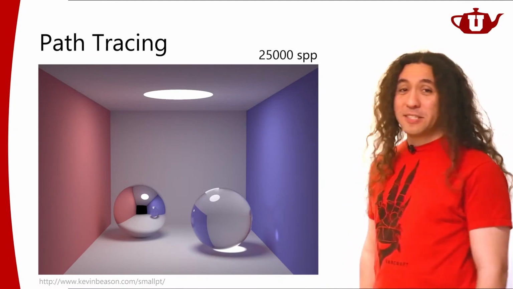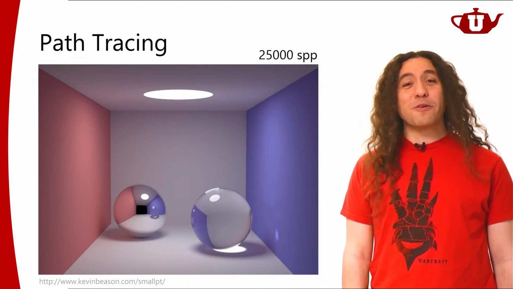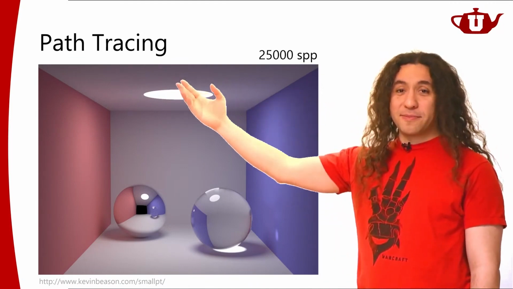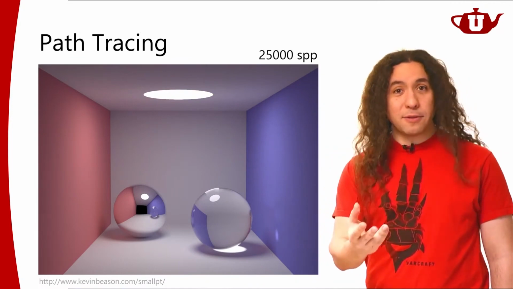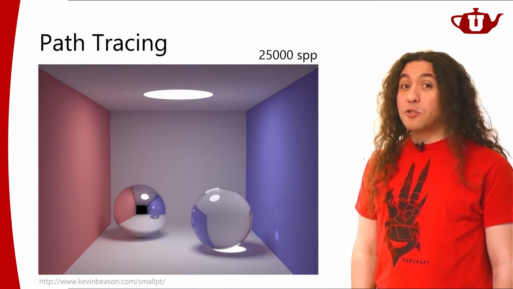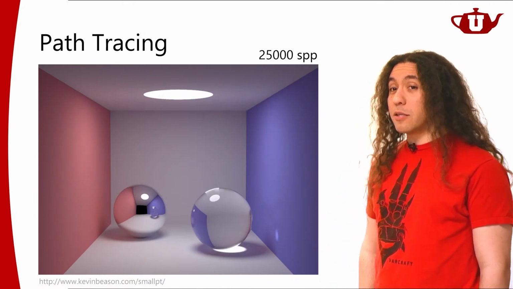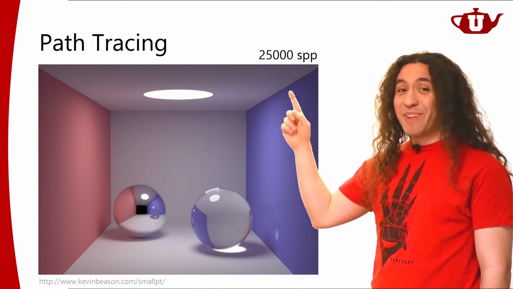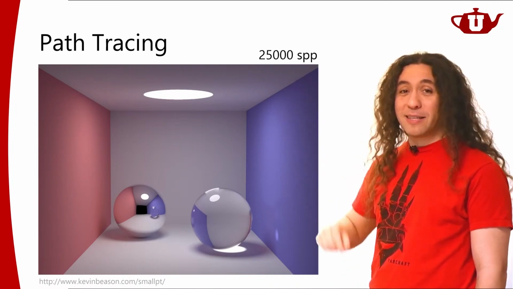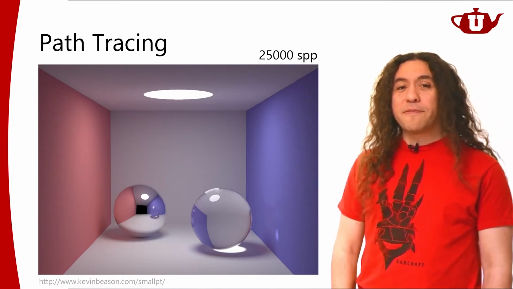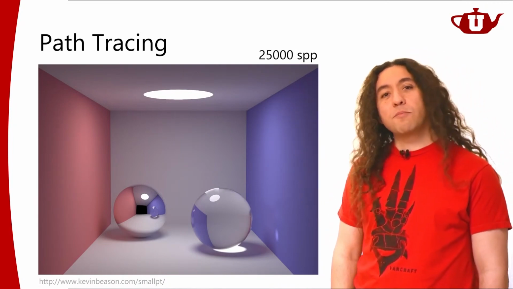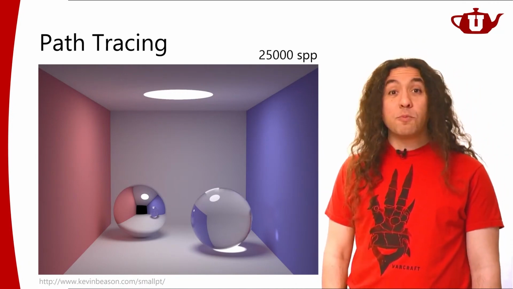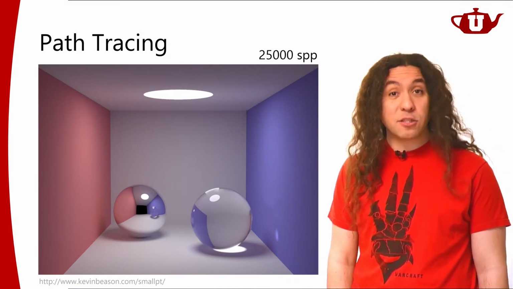We're going to cheat. If you want to use path tracing for real-time rendering, we're going to have to do something beyond just path tracing, because path tracing would require a ton of paths. Now, there are different ways to reduce the number of paths needed. One way would be to pick your paths intelligently.